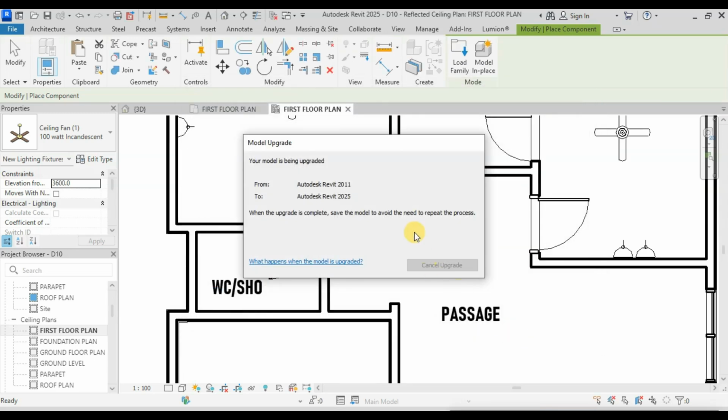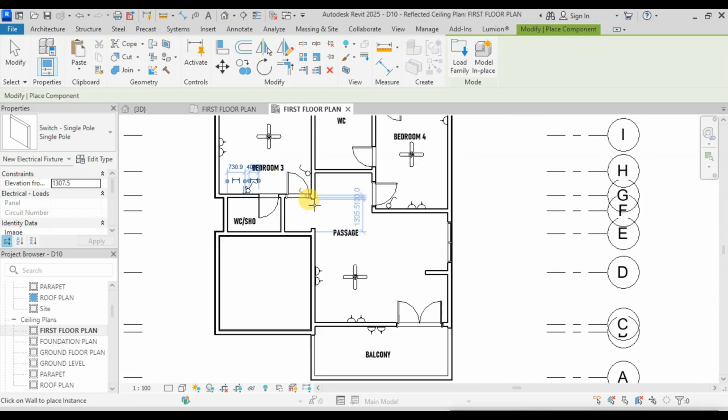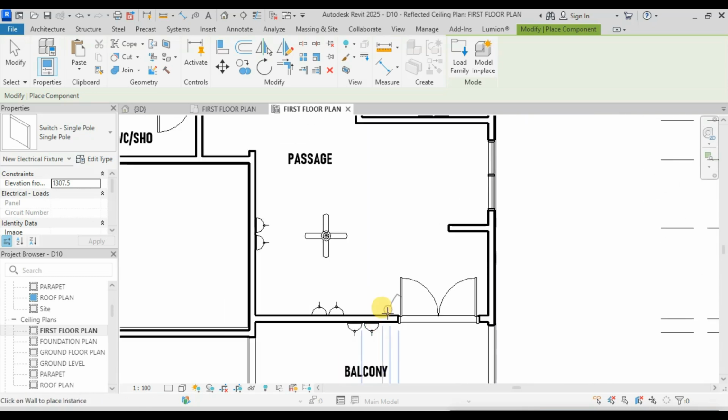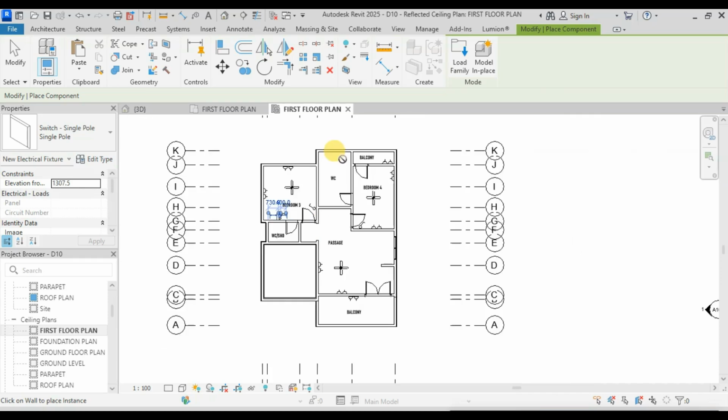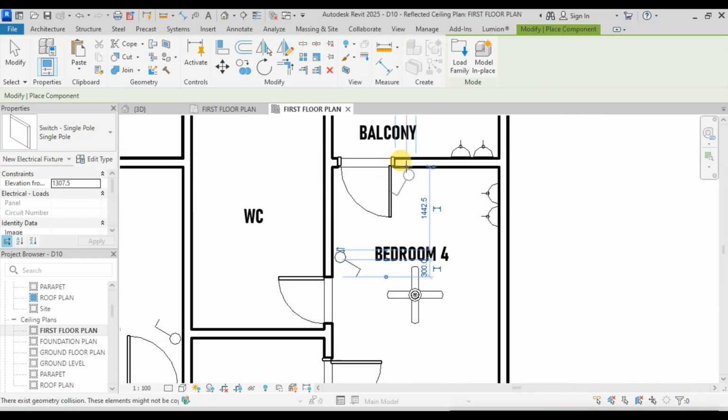Open, then I'll place one here, one here, one here. I'll place, let me leave this side before, then at this side I'll place one here, then I'll place one here. Okay,